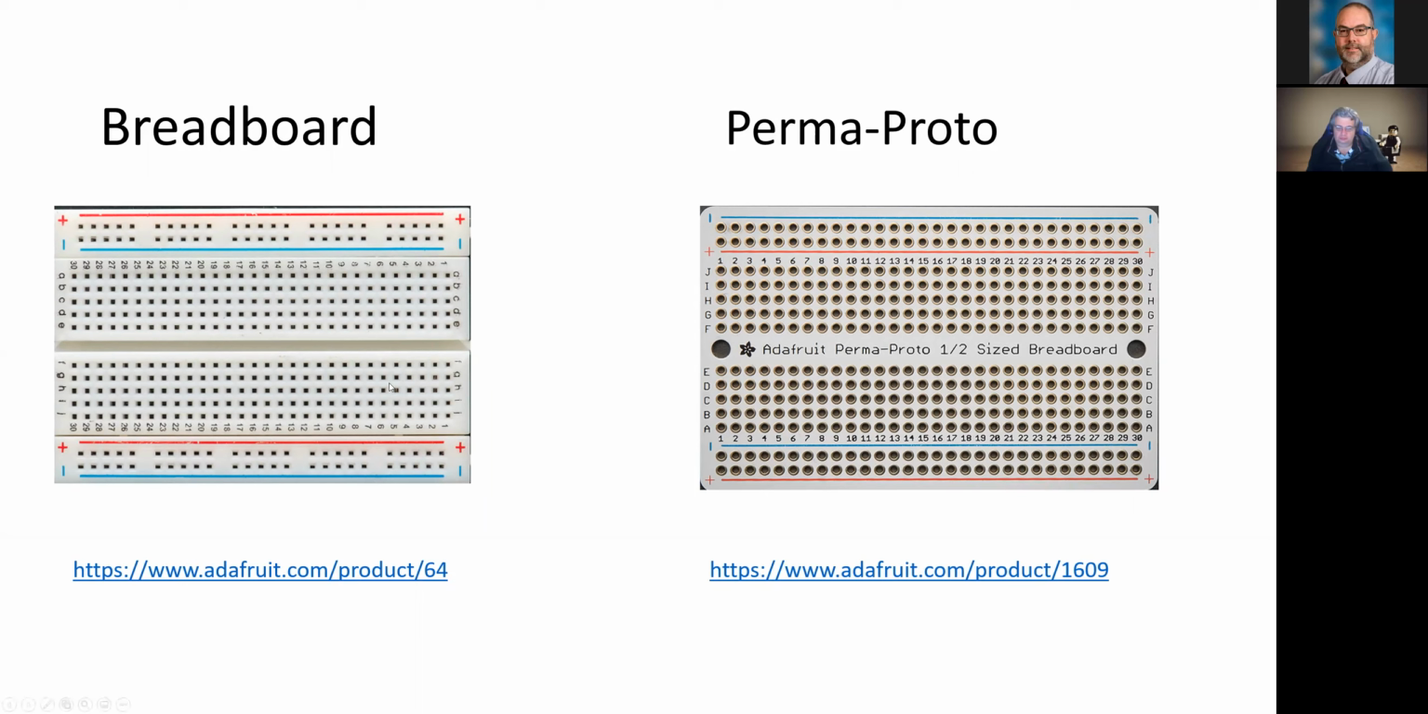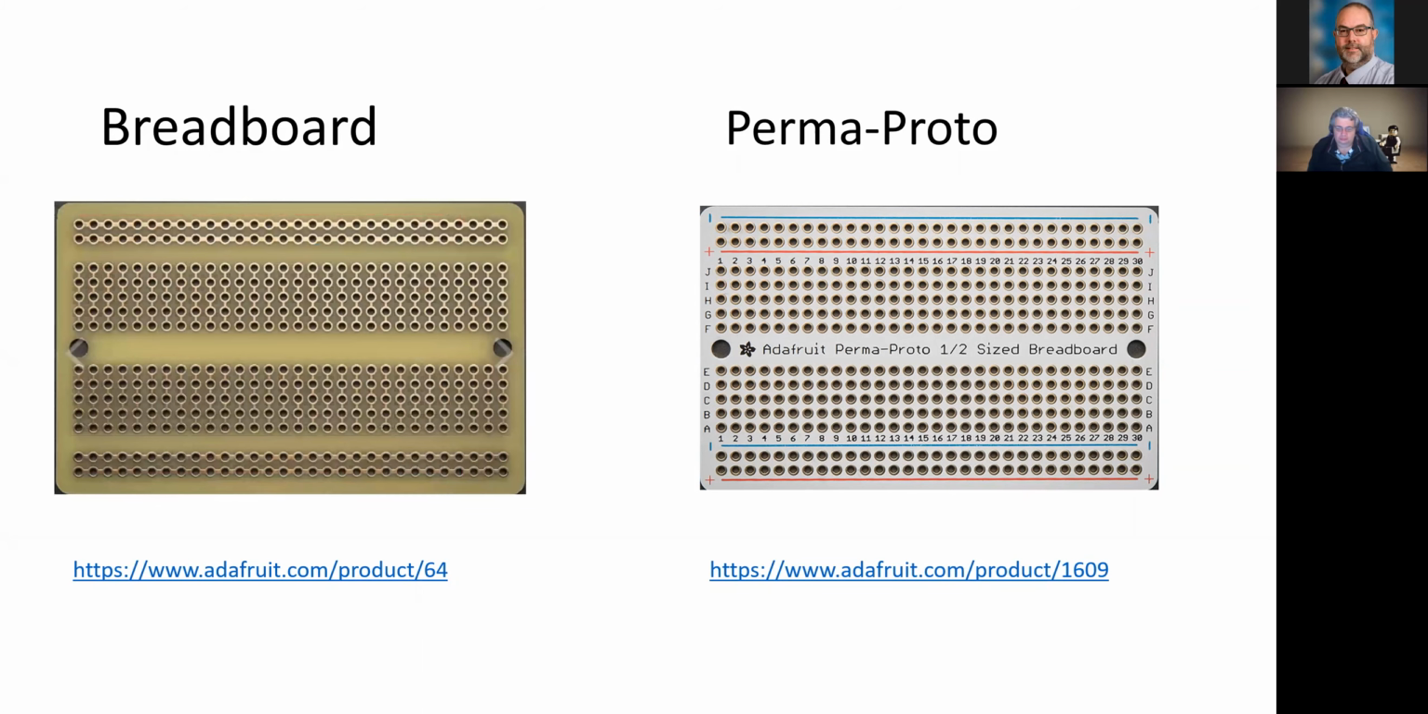And the reason I did that, and then there's another type of thing called a perma-proto board, which uses the exact same layout, but you can actually solder to them. So the idea of this was, the way these both work is, if you haven't done electronics before,